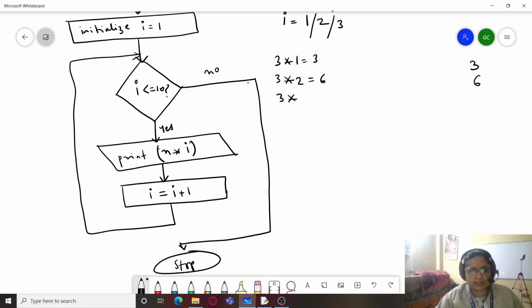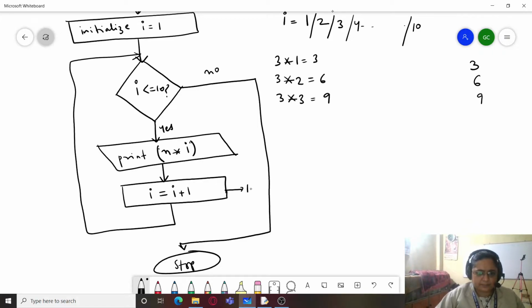Yes, 3 is less than equal to 10. 3 multiplied by 3 and print that and increment the value, let it become 4. Again check whether 4 is less than equal to 10. So this will continue till the time I reaches 10. So the moment, suppose after this statement is executed, there it comes a point where I becomes 10.